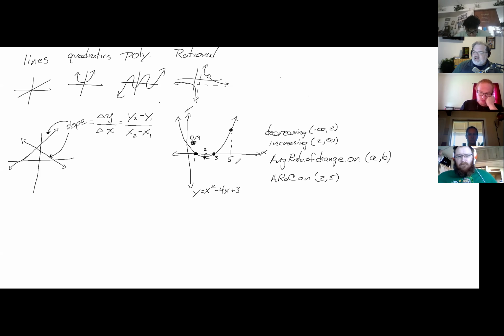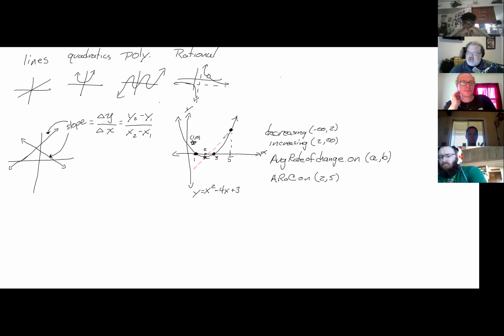So if we want to find, we can't find a rate of change between those 2 points because it's changing all the time. There isn't a single value for it. But if we want to find an average, we could presumably find little tiny slopes of little tiny lines in between those two, add them all up, divide by how many there are. But the easier thing to do by far is to